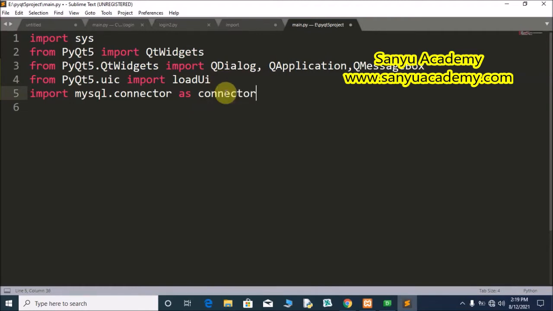Now we will create the class for both login and register form. Class LoginApp.